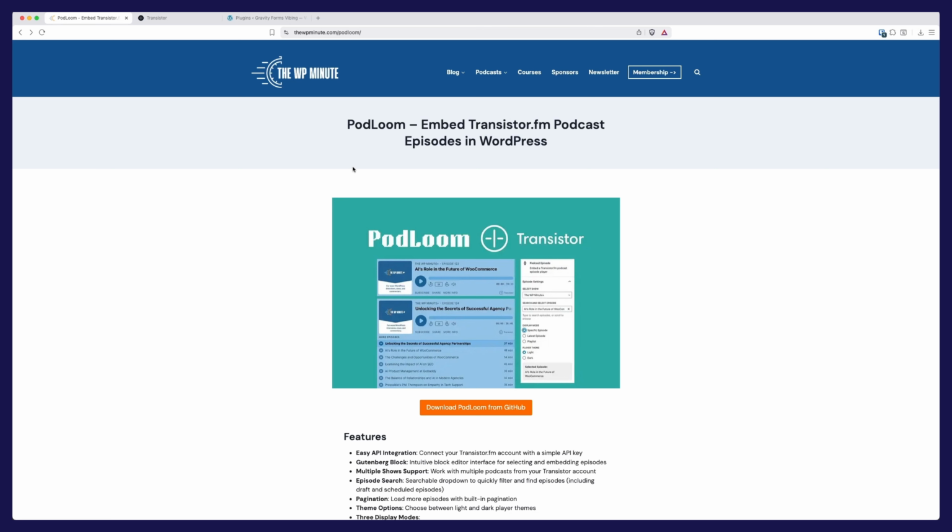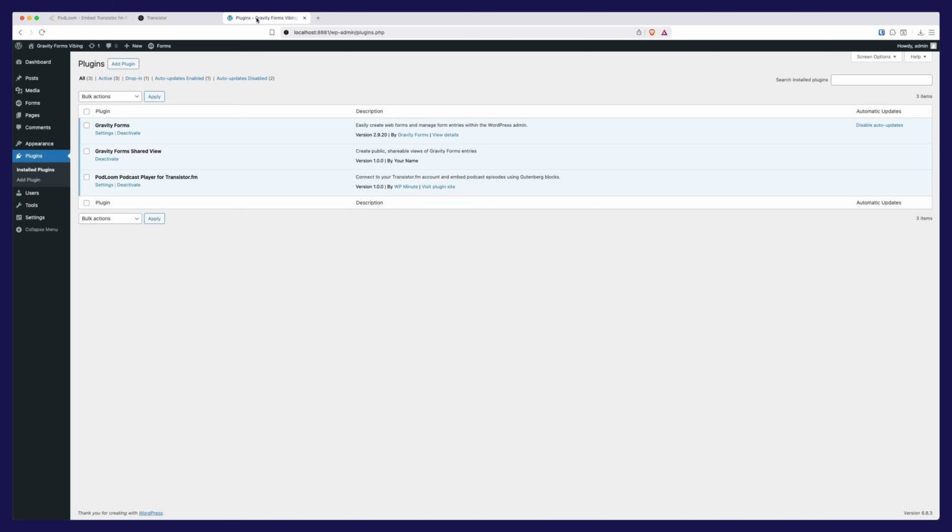So if you have somebody who's drafting blog posts for you, a content marketer, somebody who's a contractor or working in your marketing team, they don't have direct access to Transistor, PodLoom is a great way to get this stuff going. So we download the PodLoom plugin for free, we upload it, we activate it, and then we go to